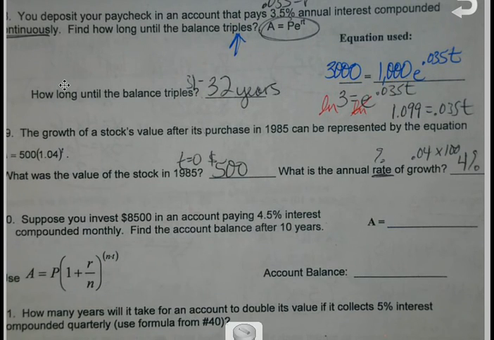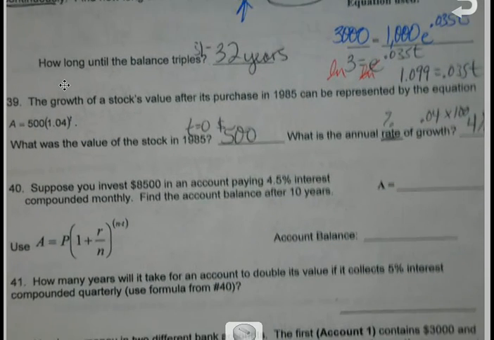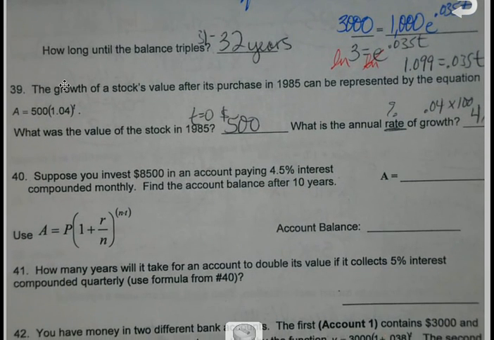Now back to regular problems. We're going to invest some money in an account paying 4.5% interest compounded monthly. Find the balance after 10 years. Okay,